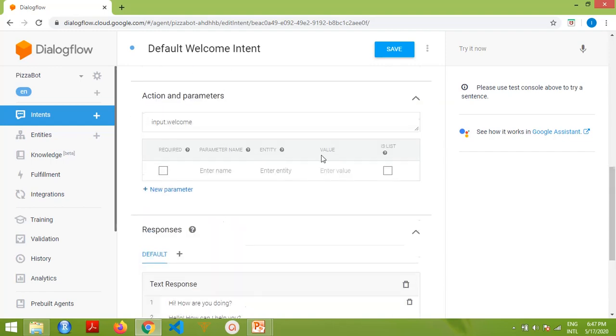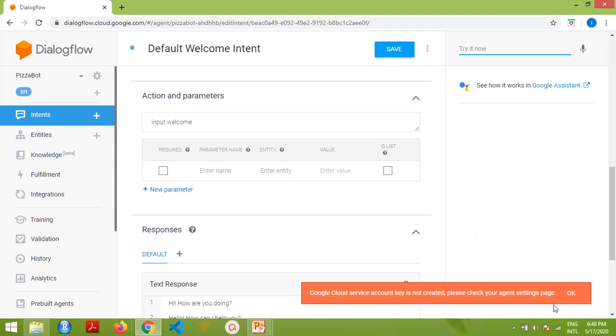So let's try this out. We'll click on save. Always click on save to save your agent, else everything you've done is lost, right? Once you're done training your agent, once you see the agent training complete message, we can test our agent here by clicking on try it now. So for instance, if we say hi, and we execute,